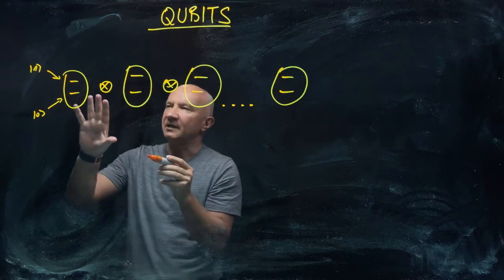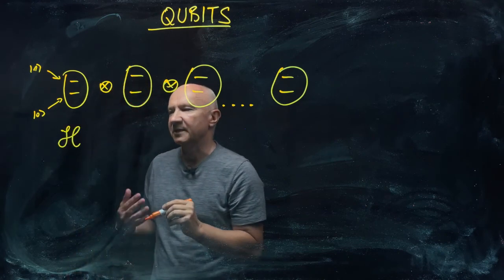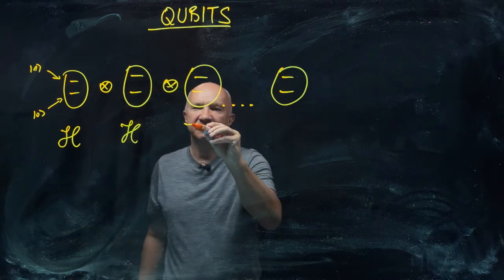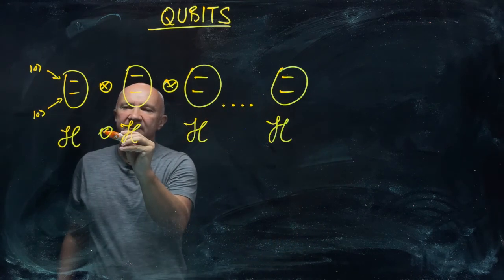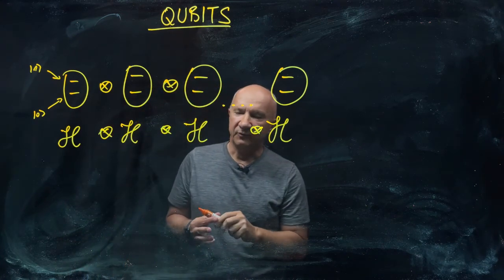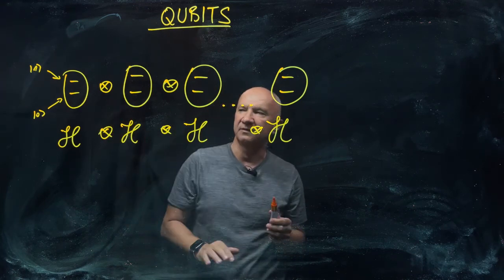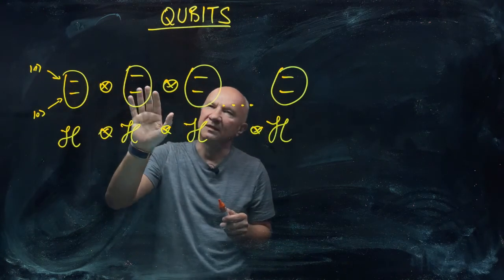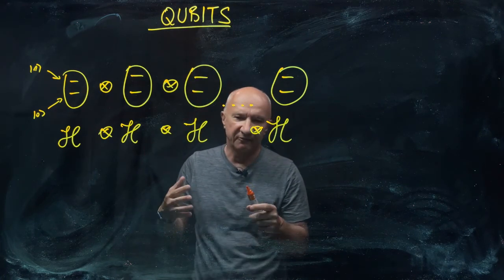And mathematically speaking, your single qubit lives in a two-dimensional complex Hilbert space, and this one in the same kind of space, and this one and this one, but all together they will live in the n-fold tensor product of those spaces. We will go into the technical details later, but for now think about the tensor product as a statement that I have one system, another one, so it's just like constructing a situation where you have many